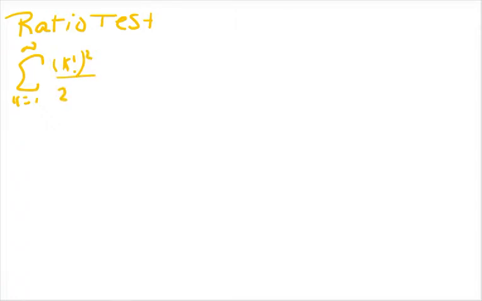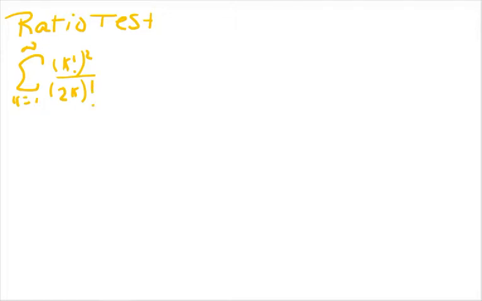I'm hopeful for warmth. Okay, so let's finish up the ratio test. I wanted to hit the last example in more detail from Wednesday. I think it was number 17 in your textbook. Yep, it's 17. Okay, so the series was the sum from k equals 1 to infinity of (k factorial) squared over (2k)